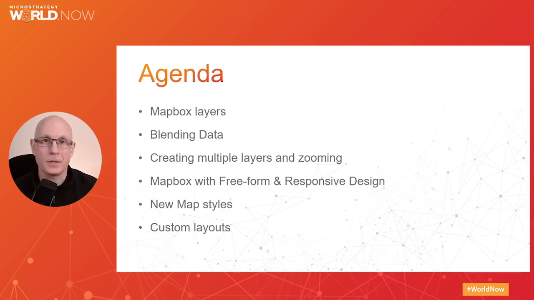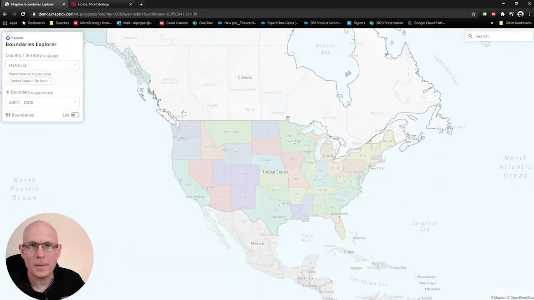Then at the end, I'm going to show you two new visualizations that Mapbox have got within MicroStrategy now. And if you have any customized shapes that you want to import, I'll show you how to use GeoJSON and KML files. I'm here on the demos.mapbox.com